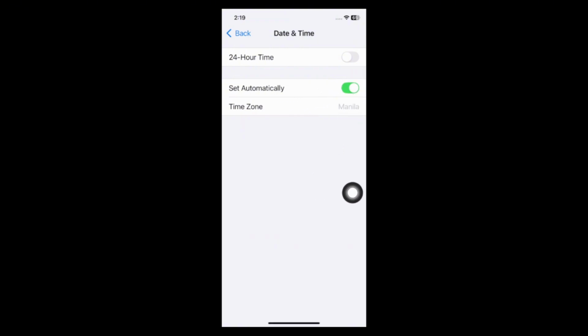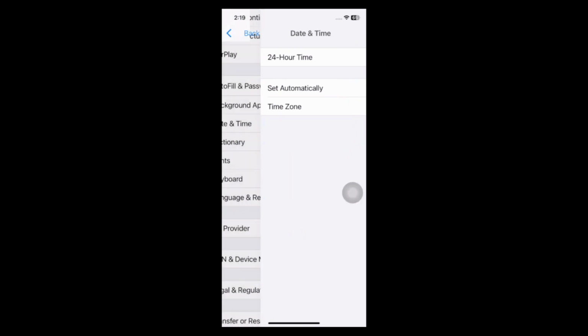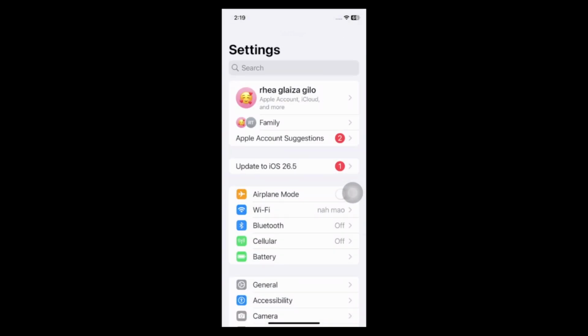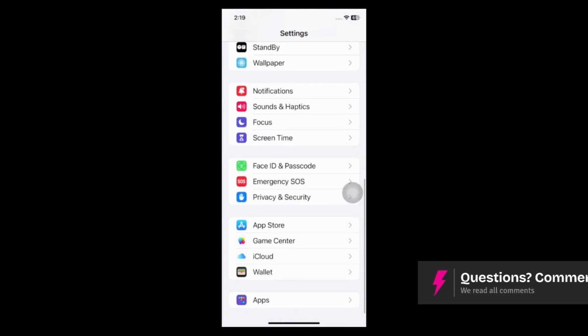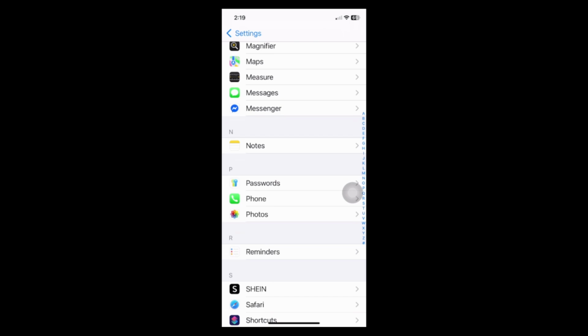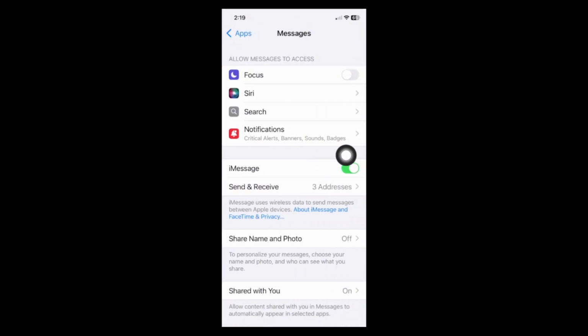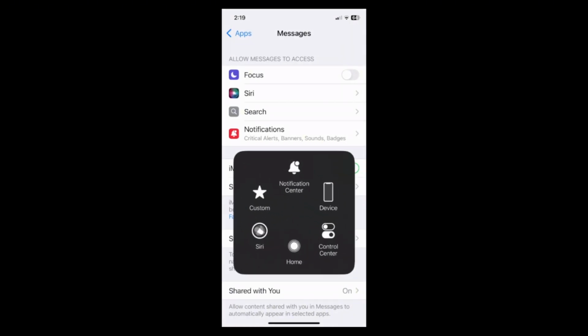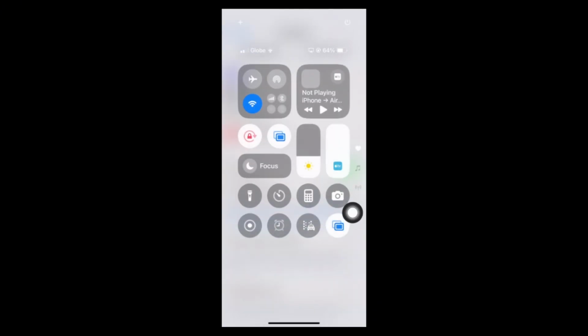All right. Once it's toggled on, go back again, cancel right here. Now scroll all the way down, tap on Apps. Now just find Messages, tap on it. And then once you're in here, go to Control Center, go to Airplane Mode, toggle on